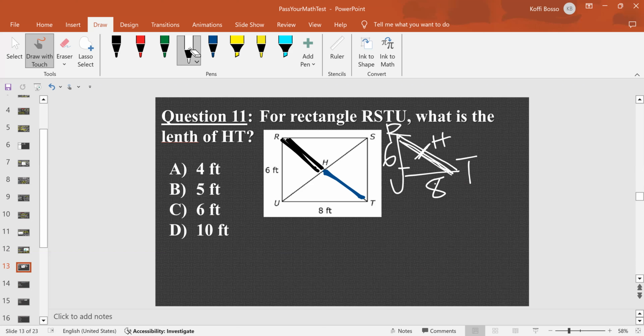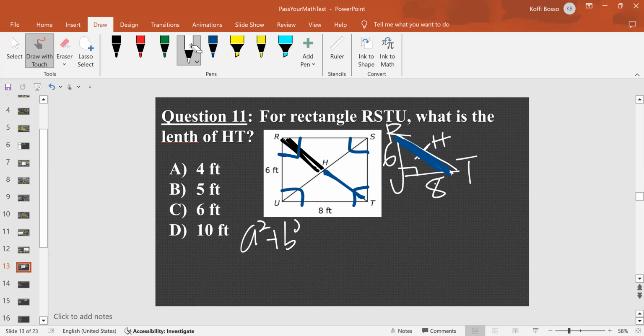So this is a right triangle because it's a rectangle. So you have a right angle. So I'm taking the right triangle RTU. And this side here, we call it the hypotenuse. So I will try to find that line segment, the diagonal RT, and I will divide it by 2 to find HT. So we're going to use the Pythagorean theorem, which says that A squared